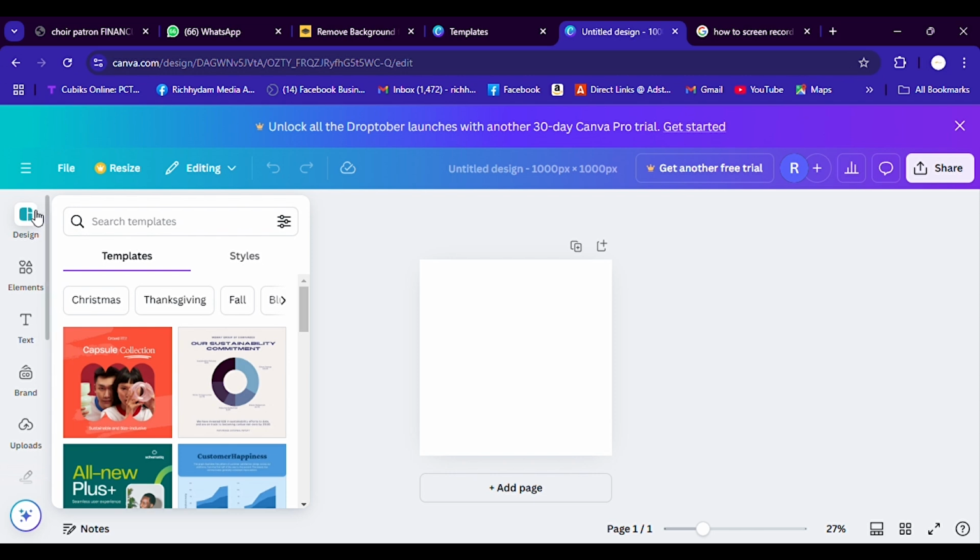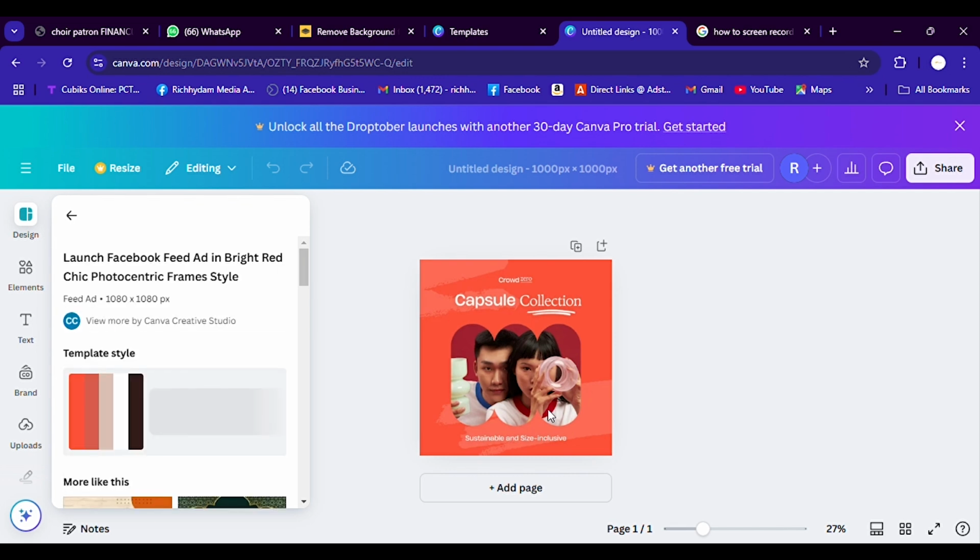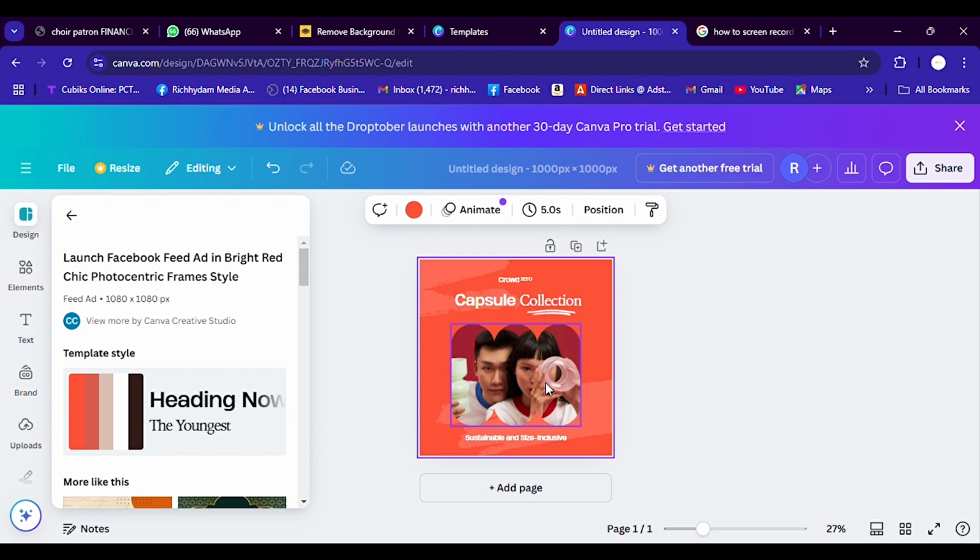So here we have designs. Here you can pick a design that relates to the dimension you've created. If I click this now, it's going to give me the same dimension as the design that I made. If I click on it, bam, can you see? It has already given me a template I can work on. If I go back,